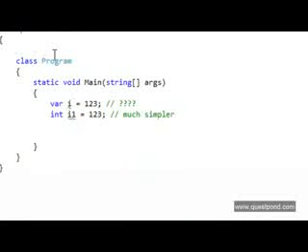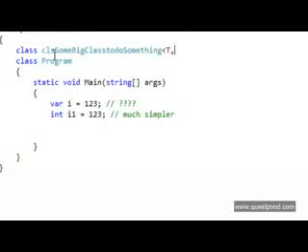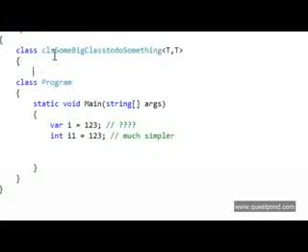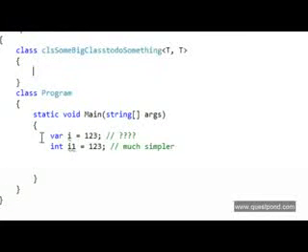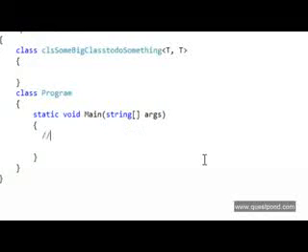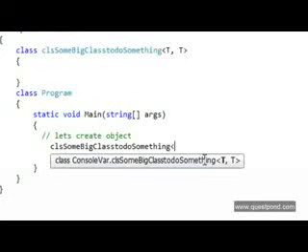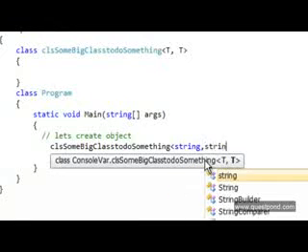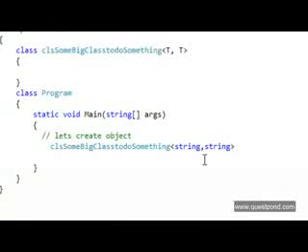Now let's try to understand the first important use of the var keyword. Let's create a class with some big name here. I'm going to create a class called CLS some big class to do something. Let's say that your class name is very huge. This class is a generic type we have defined. Now let's create an object of this class of type string, so we attach the string type to the generic class. So obj equal to new CLS some big class to do something, string.